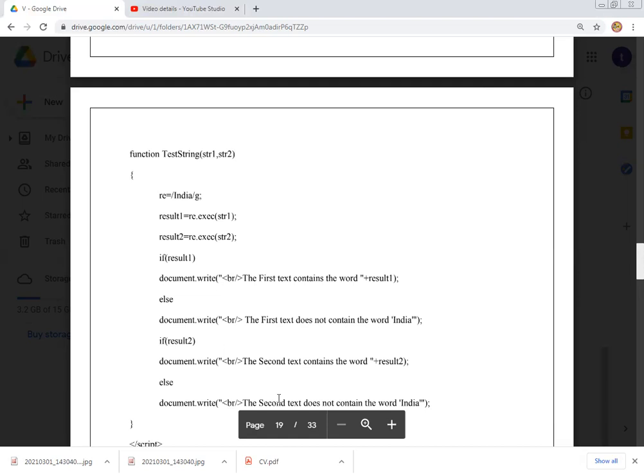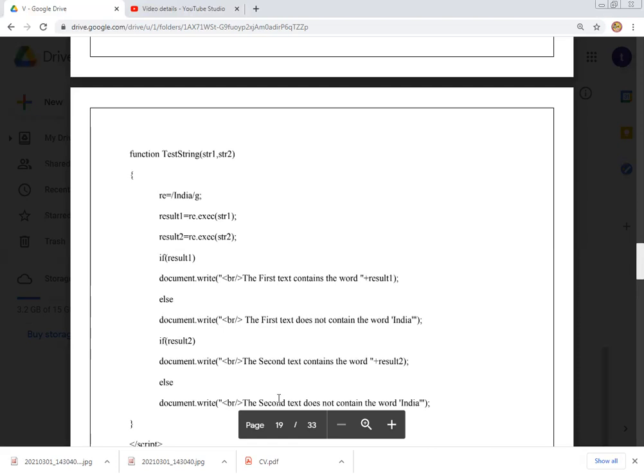So we check this statement here, which we store in the str1 variable, and the second statement in str2. So here it checks exec and checks those results. So re.exec in that variable checks first.